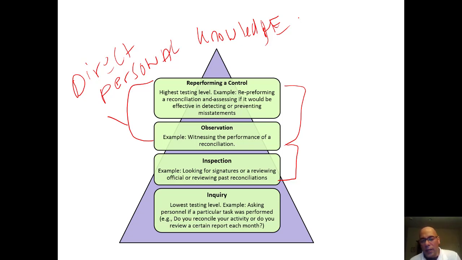Now, what's important about this chart to remember, we're going to talk about audit sampling in the next chapter, but the lower the assessment of your control risk, you're going to see that we're going to need larger sample sizes. We're going to learn that in the next chapter. And you're going to be looking for more reperformance type of control tests, more observation type of control tests, less inquiry. So the lower you try to get that control risk, you're going to go from, say, moderate control risk to low. If you had maximum, you wouldn't test the operating effectiveness.